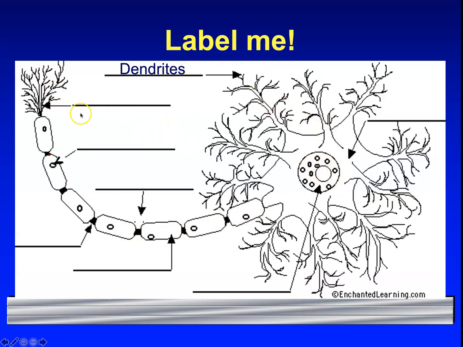Because if I stick this picture in front of you, there's branches here and there's branches here. Make sure you know that the dendrites are attached to the cell body. The axon terminal, those are the other branches at the end of the axon. And the axon, here is this long wire. Now what covers up this long wire is a substance called myelin. It's a fatty substance that helps insulate the axon, and it's going to make it so the signal carries faster